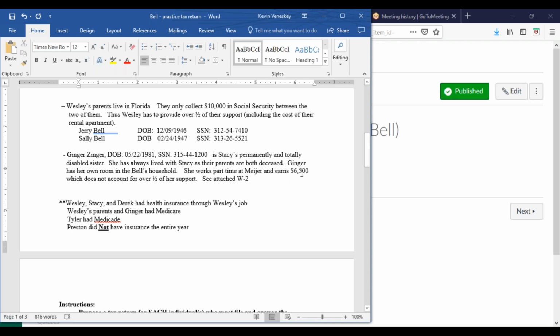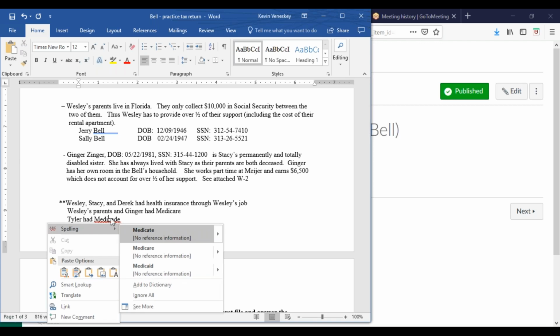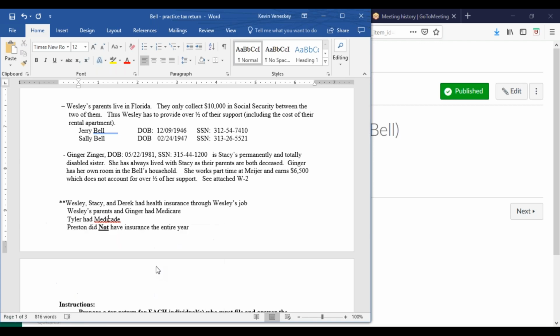Let's see, Ginger works and makes $6,500, which doesn't account for over half her support. And I've also provided Ginger's W-2. All right, Wesley, Stacy, and Derek had health insurance all year through Wesley's job. Wesley's parents had Medicare, so that's fine. Tyler had Medicaid, so that's fine. The only thing that's not necessarily good, and I spelled that not well, there we go, Preston did not have health insurance, so we're going to need to see how that's affected on